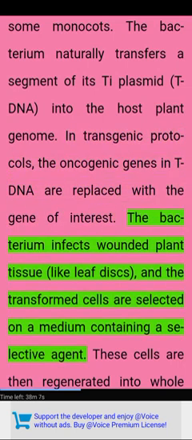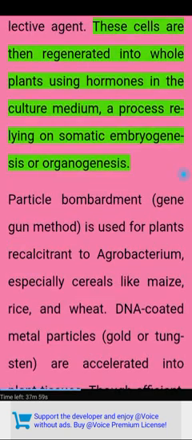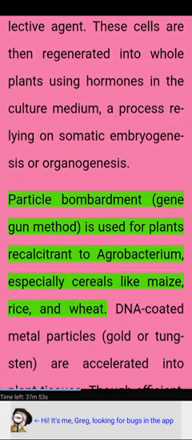The bacterium infects wounded plant tissue, like leaf discs, and the transformed cells are selected on a medium containing a selective agent. These cells are then regenerated into whole plants using hormones in the culture medium, a process relying on somatic embryogenesis or organogenesis. Particle bombardment, the gene gun method, is used for plants recalcitrant to Agrobacterium, especially cereals like maize,